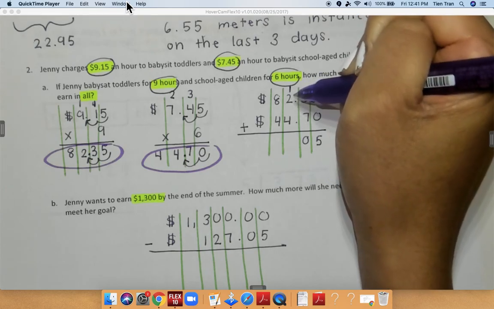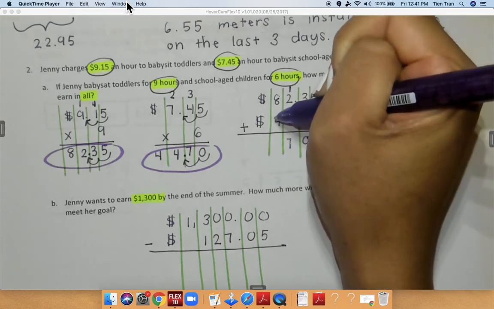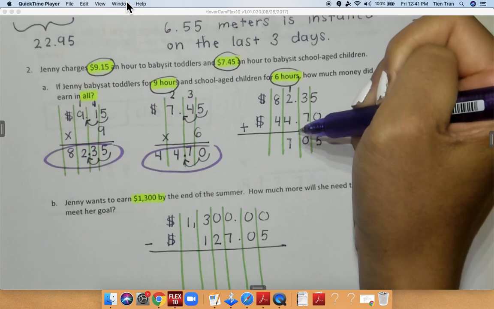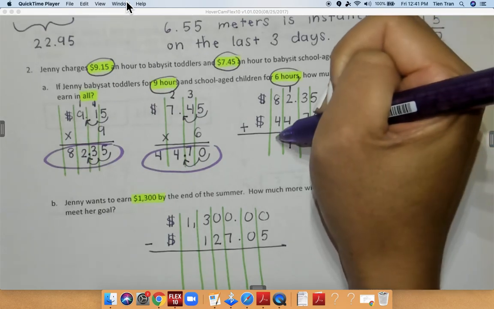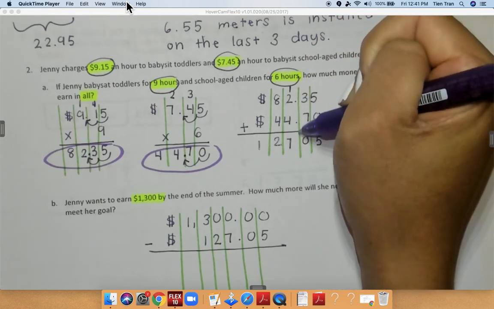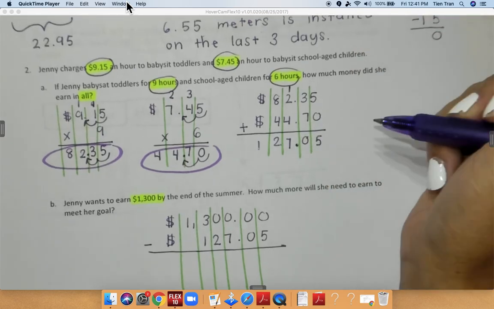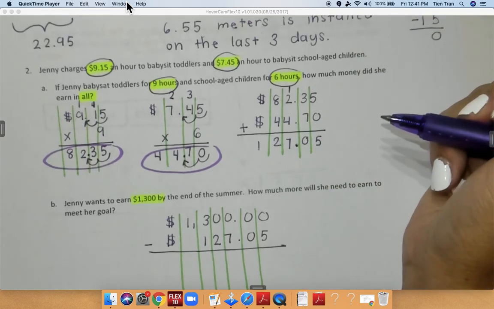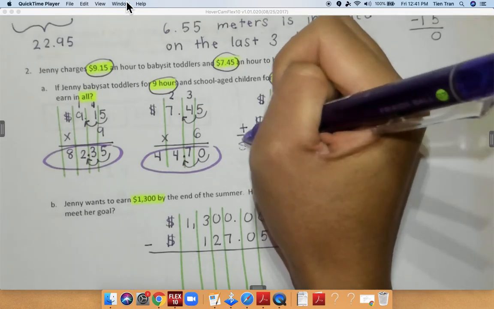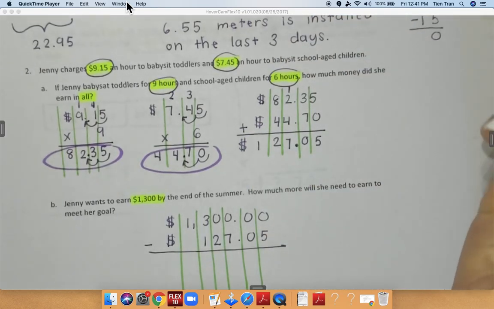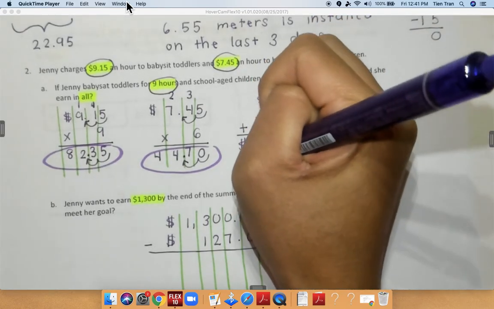to 6, and 6 plus 1 is equal to 7. 8 plus 4 is equal to 12. And then I need to make sure I bring down my decimal because I am adding. Okay, so I have $127.05. So I'm going to write she earned